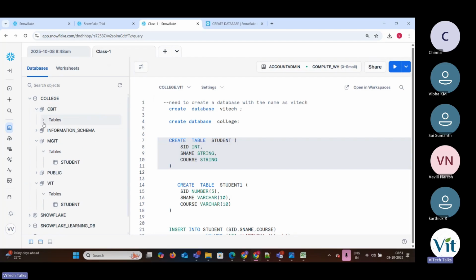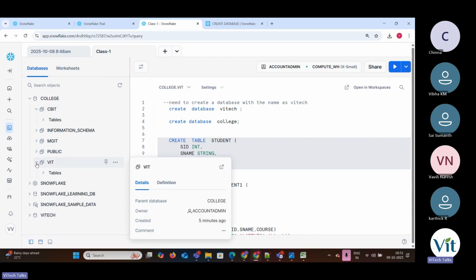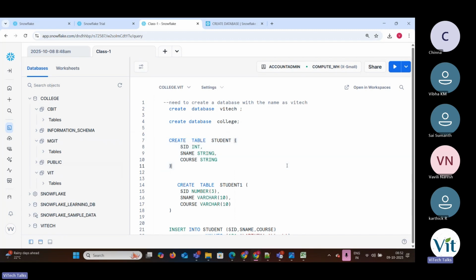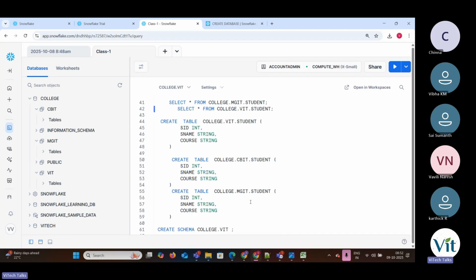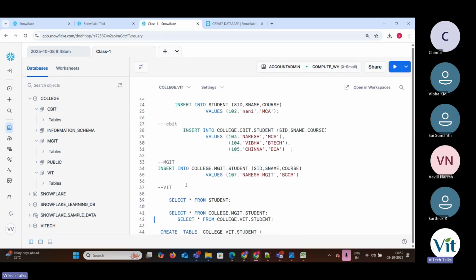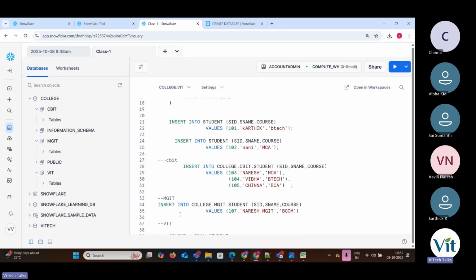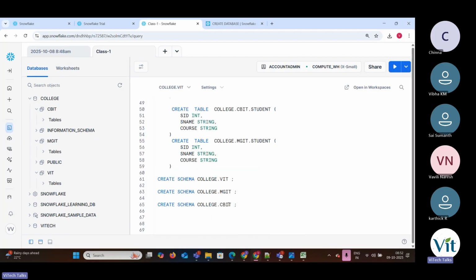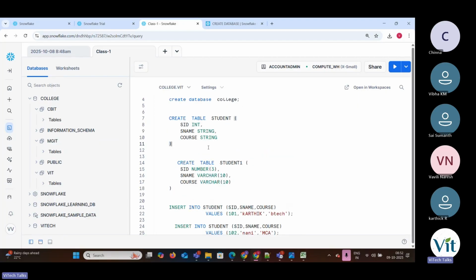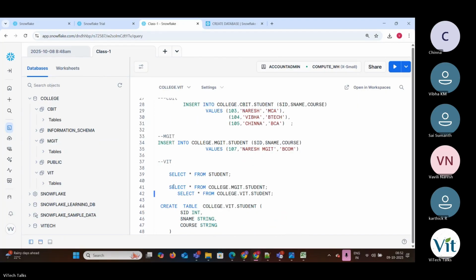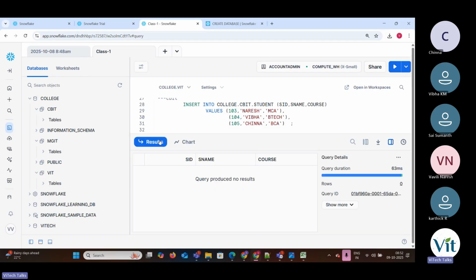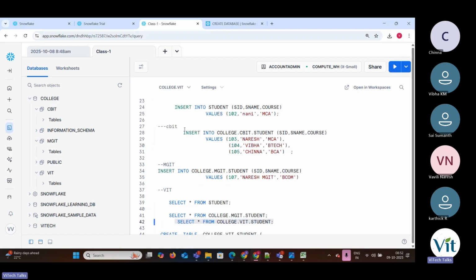Now we have created separate schemas and we have created tables in them. Okay, cool. Now let me generate a few records. I want to insert the data for VIT. For VIT we don't have any records, I think. Select star from. Okay, we don't have any records. What I will do is I'll go to